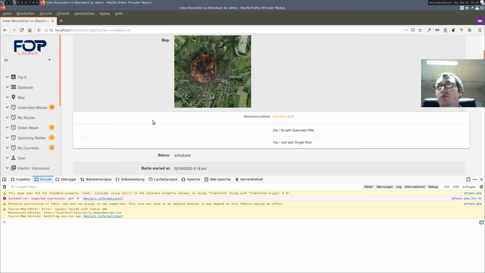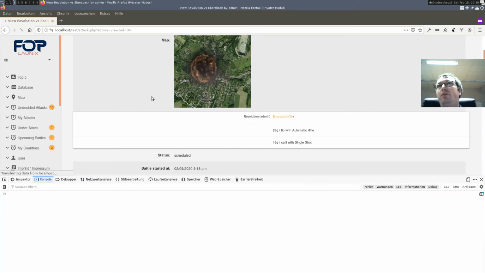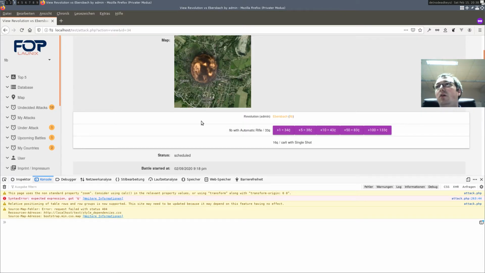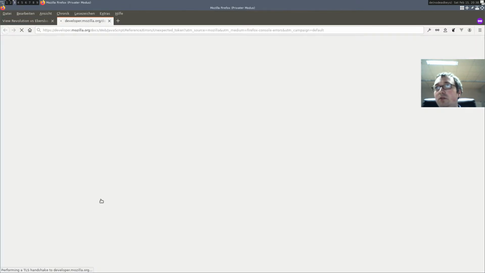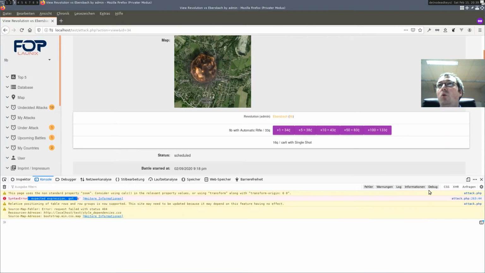It should long have been updated. So if I press refresh, it is updated, but why? Oh, syntax error. Expected expression got ampersand. Let's take a look.